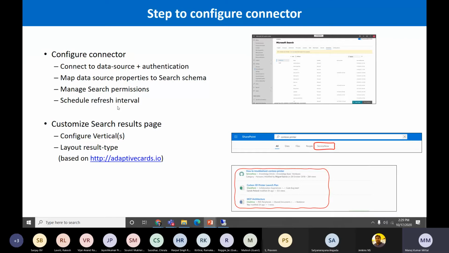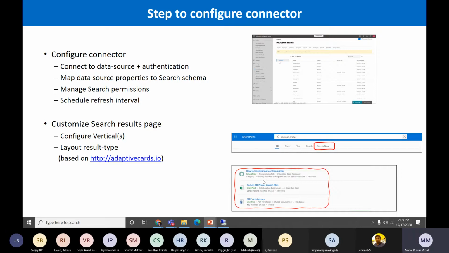We can define the refresh interval, and then for the result page, we can define our own interface in the search result. So it's not the default interface that SharePoint or search gives, like how you are looking here. We have a control; Microsoft has given their own interface. We can use adaptive cards here. Not all the full-fledged features of the adaptive card, but the search designers have given their own set of controls available.